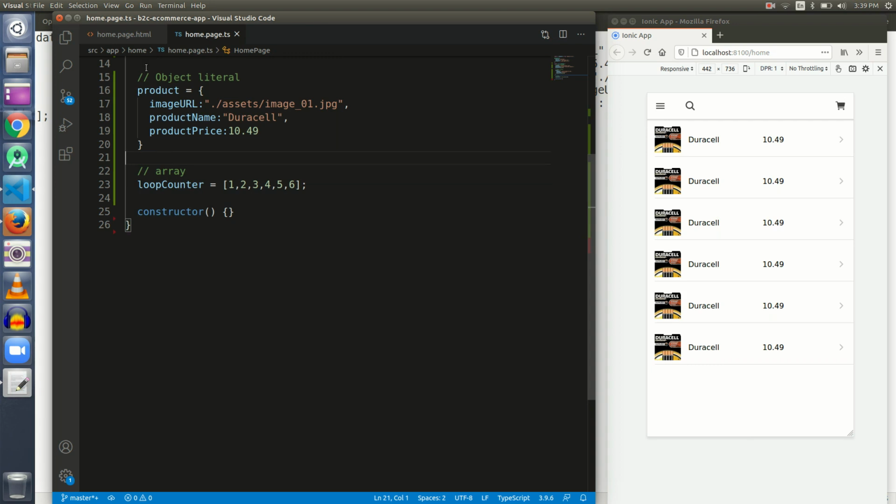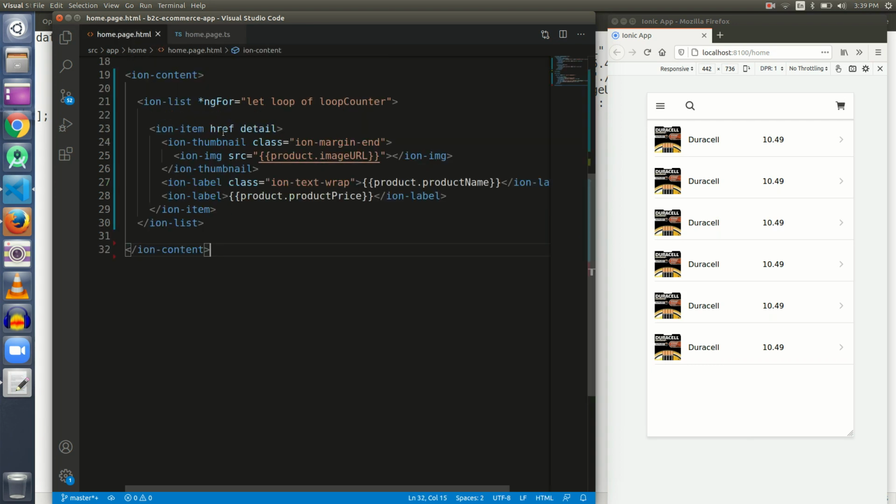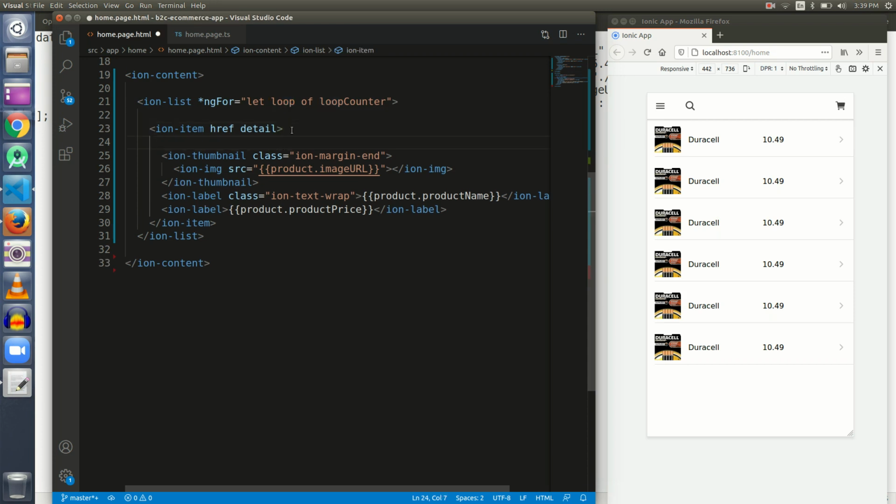So let's move on to our next challenge, and see, I want to explain to you this ng-for. What is this ng-for? ng-for is a for loop that is iterating over an array, and we can get the values of the array inside the loop, and we can display this loop variable as well in our iter. Let me put another iron label inside it so as to display the values within the loop. So now this loop, the loop is a variable and it will iterate over the array and get all the values inside the array one by one, and they will be displayed here.